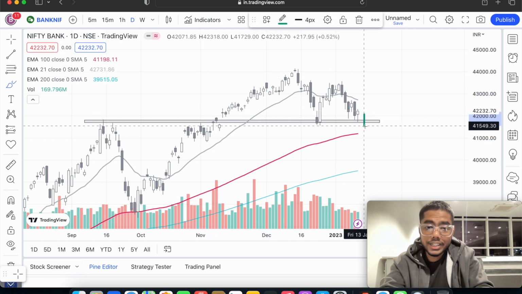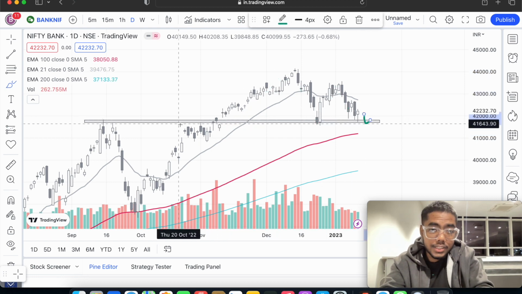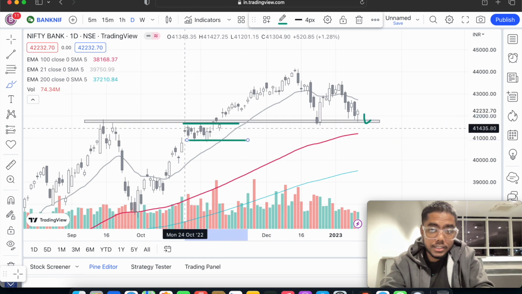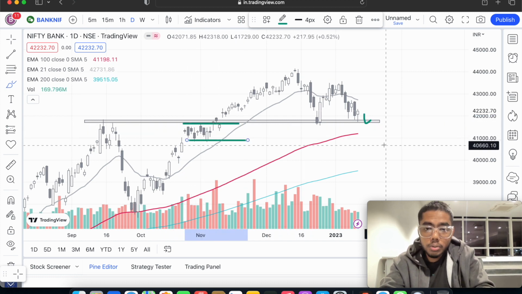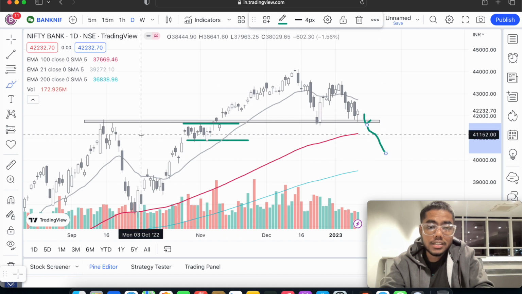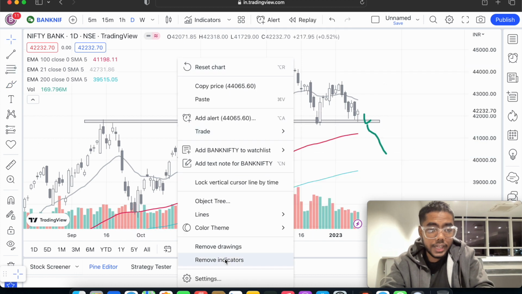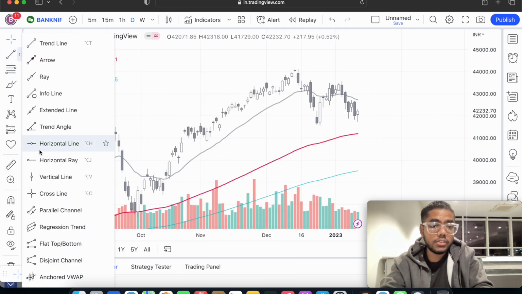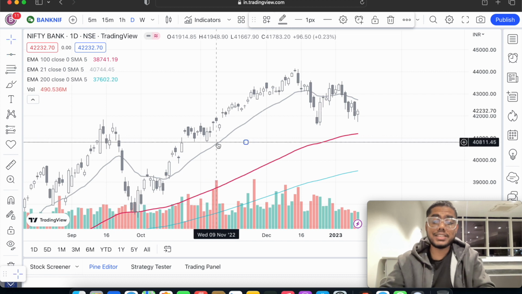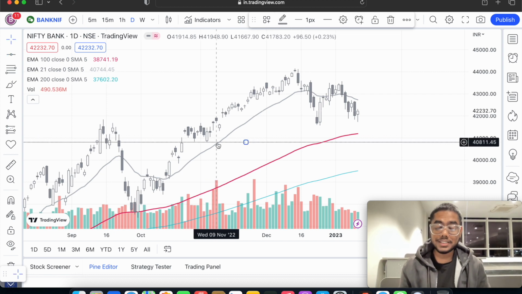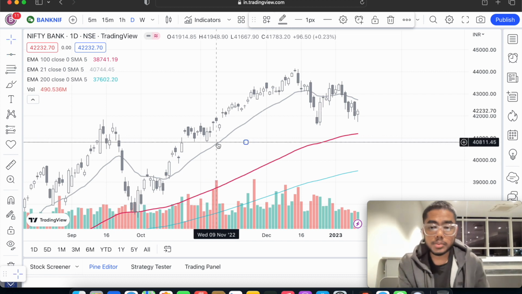Now if it gets broken, then you can see that there was a prior consolidation zone here, so the price can easily reach this level. That can be our positional target for Bank Nifty. So that is why I'm stressing on tomorrow's price action, since today the activity from the bulls was